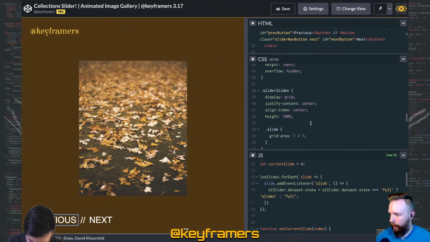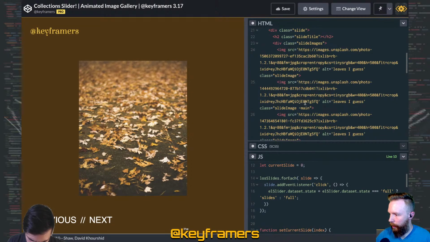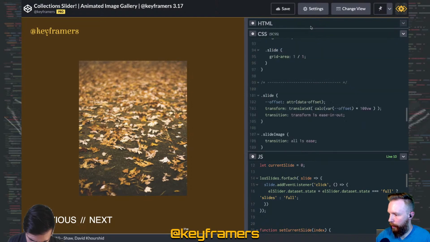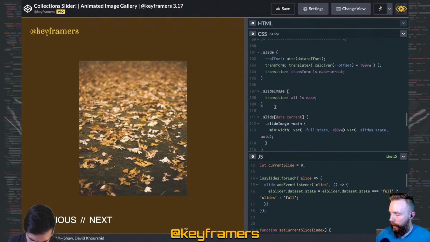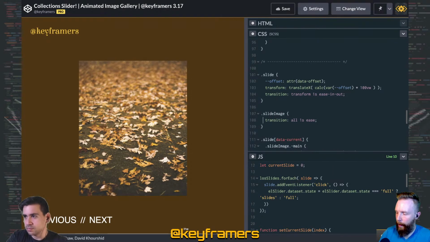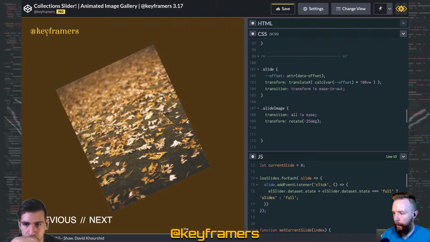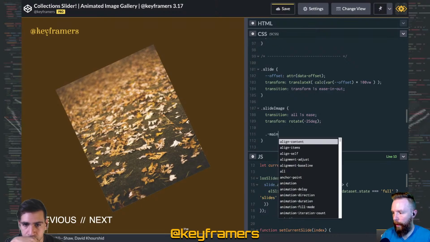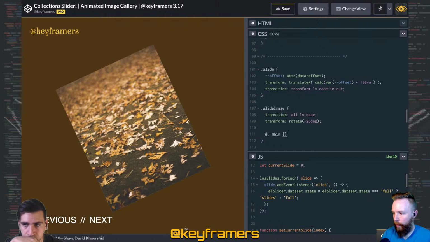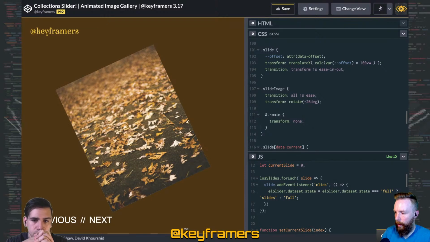Let's get our... Yes. All right. So the main is the middle one, right? Okay. So let's do the fan here. So, transform, rotate, negative 25 degrees. Dot main, transform. One, and then